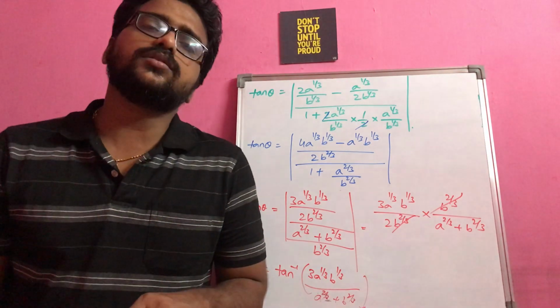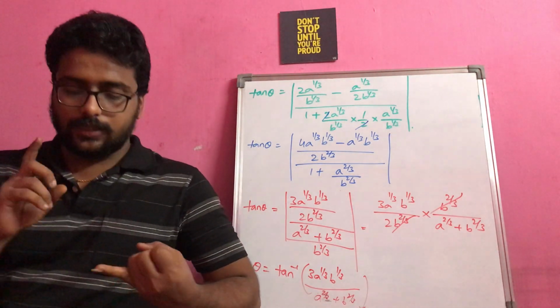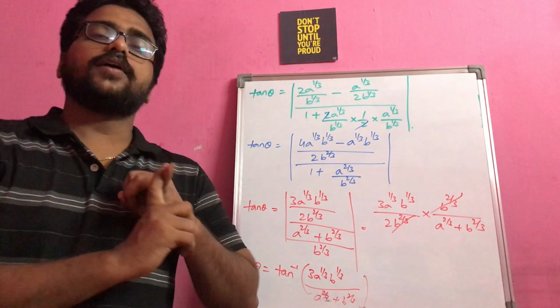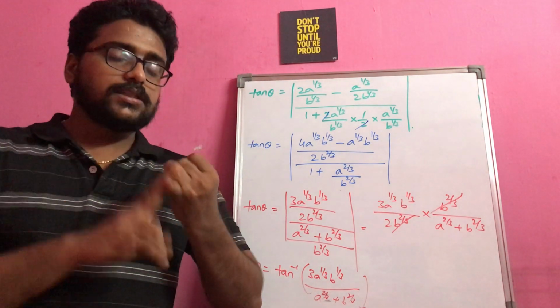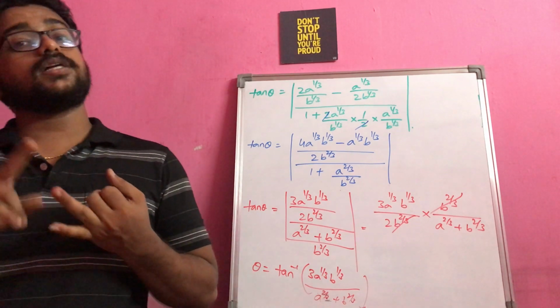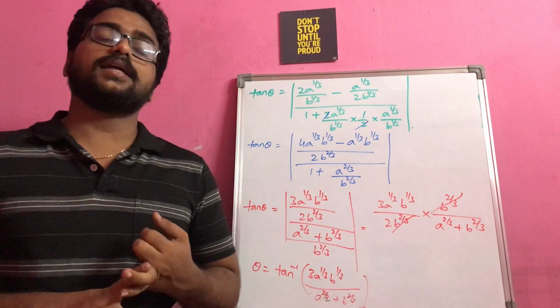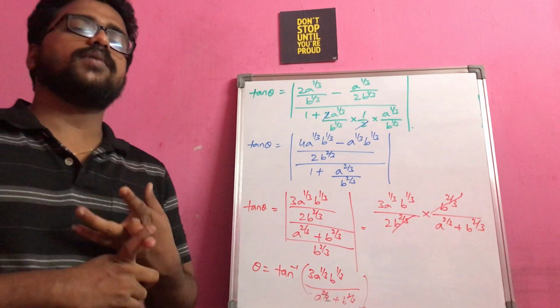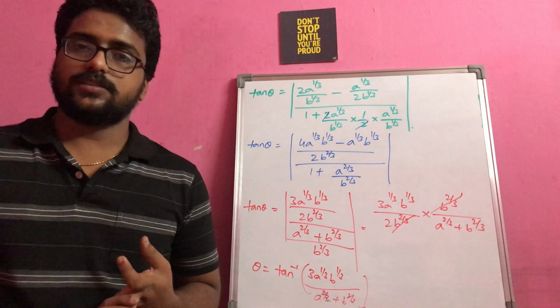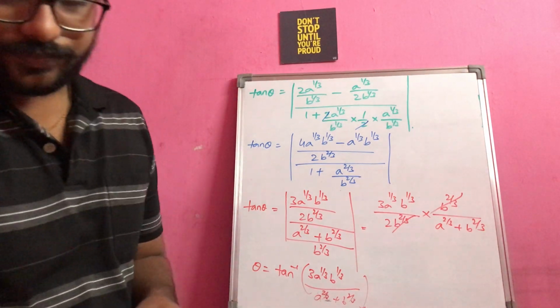So anything also, you just have to remember one thing. First thing, if you are given more than one curve, you have to find the point of intersection. Once you find the point of intersection, then you have to make sure that the slope value is a constant rather than a variable. And then you just have to make use of the corresponding formulas that we learned in our class 11 straight lines. That is the important thing, okay?